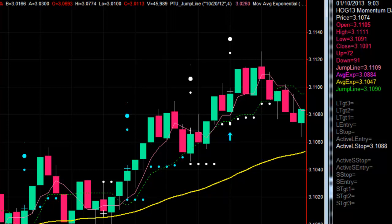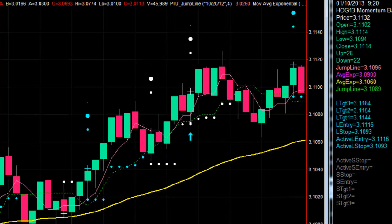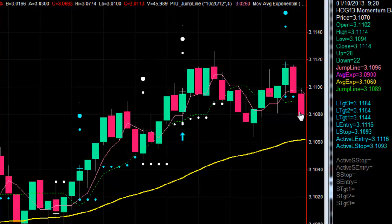So I need another trade, and it comes here. This one is at 31116. It gets as high as 31116. Now it looks like a losing trade on the chart, and if you were back testing this, you would have put that in as a losing trade. But sometimes luck is on our side, because in reality, this wasn't even a losing trade, because this came